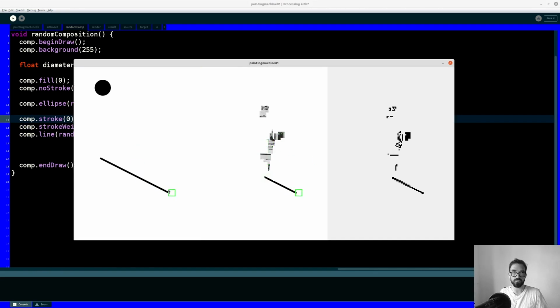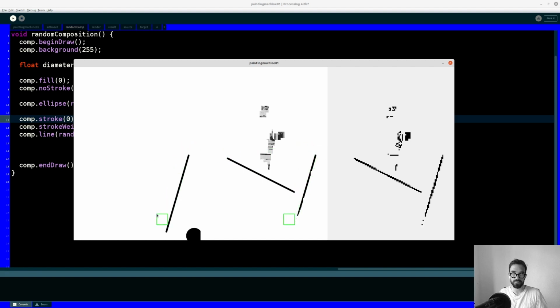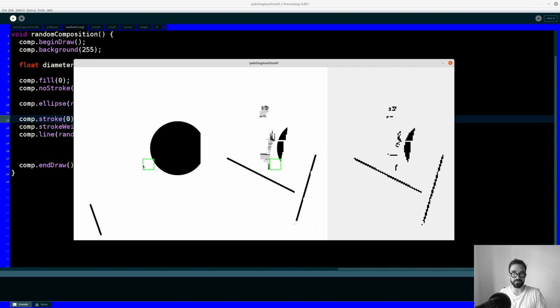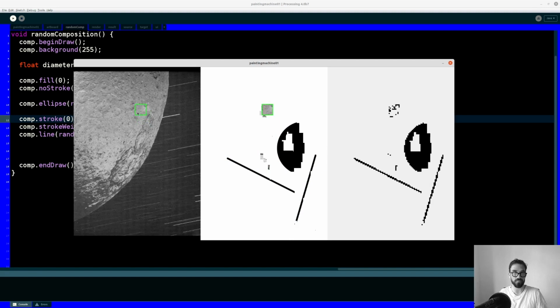What? This is amazing. So cool. Nice. Now I can start designing here with these geometric shapes, which is pretty awesome. And mix that stuff with